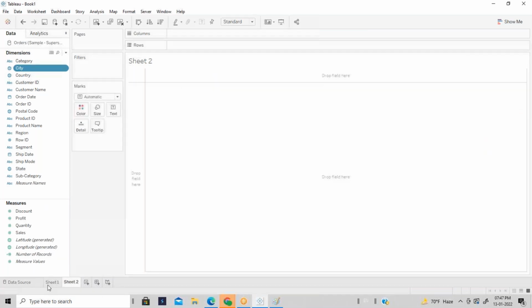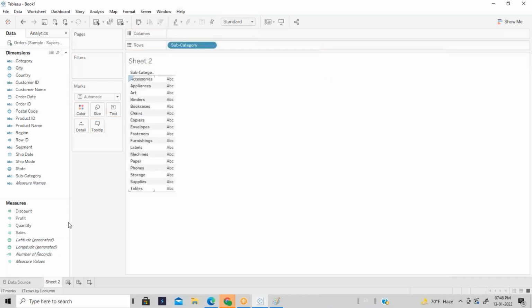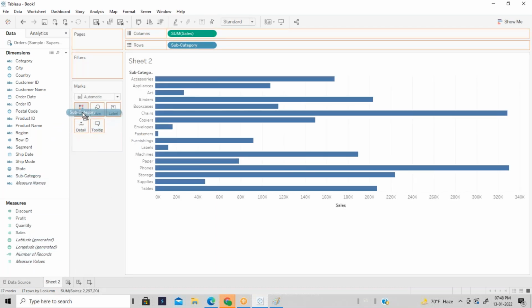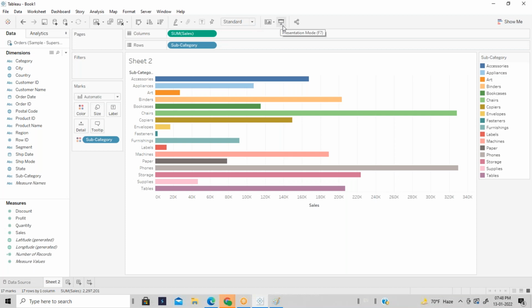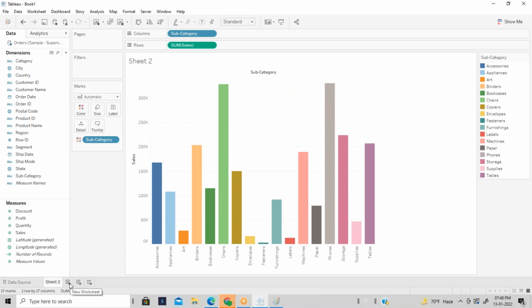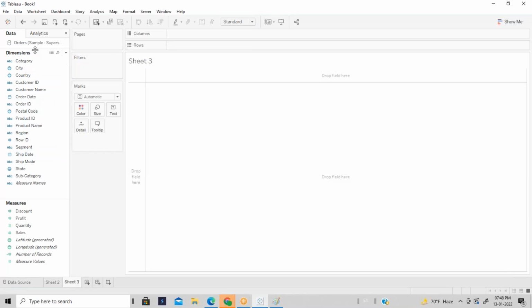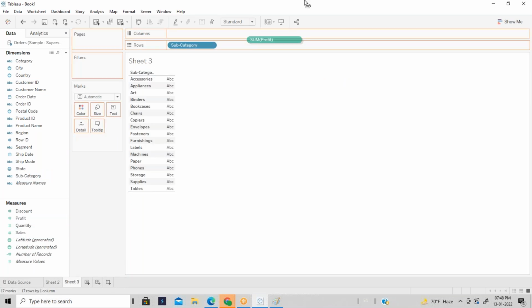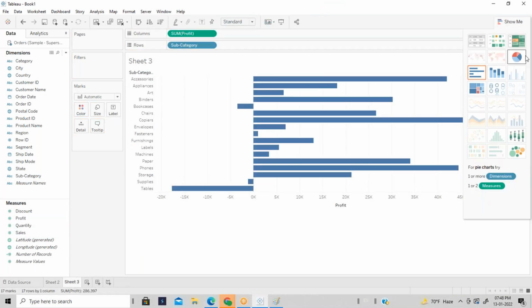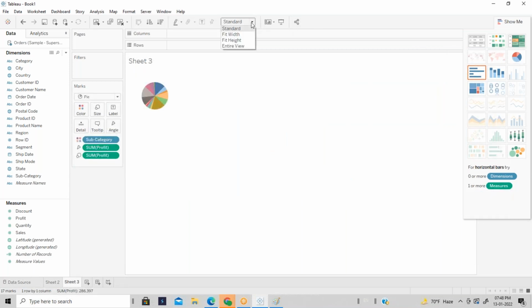So let me create another filter, guys. Deleting this. Now I'm going to create a report: subcategory sales, and defining another one, subcategory profit, where I want to see the data in a pie chart.